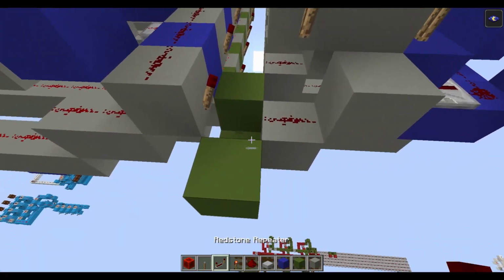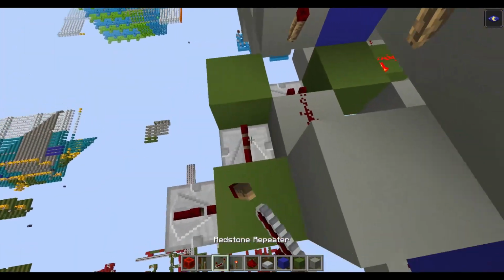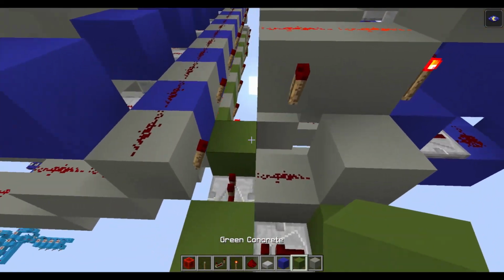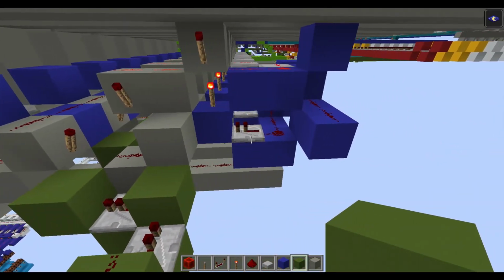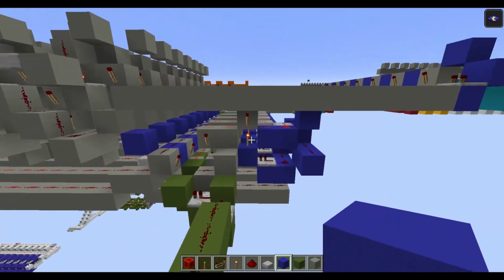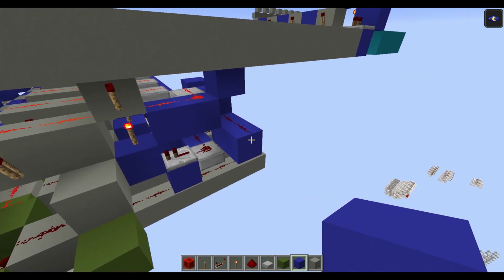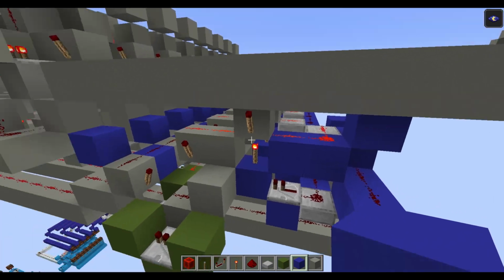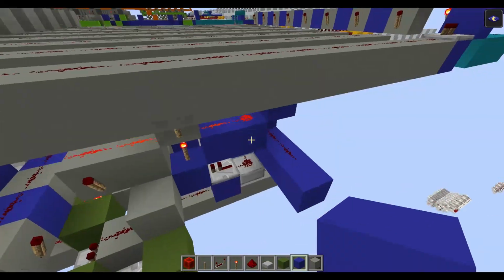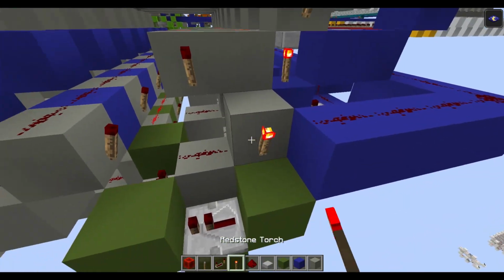Here we need a bit of delay, so let's build some repeaters for the delay. And here will be the commands, so we will see it later. Now we have the wiring for these two commands, these two outputs. Now we need to connect this line to allow the write on the bus here to input. So let's build this. A torch here to